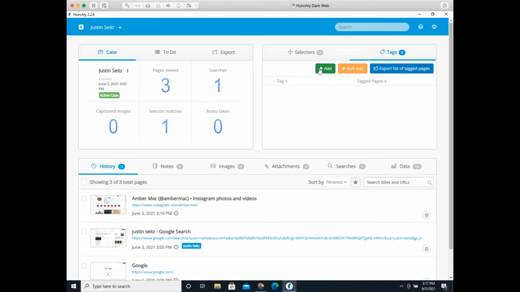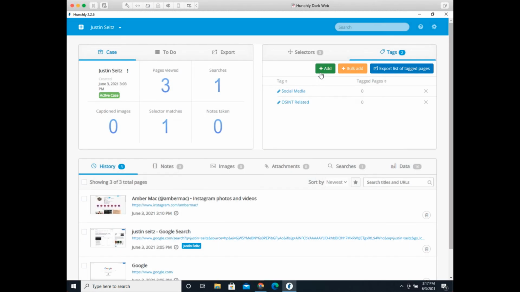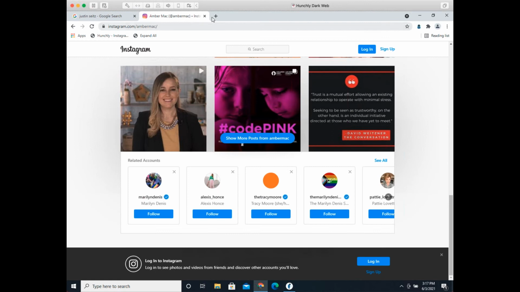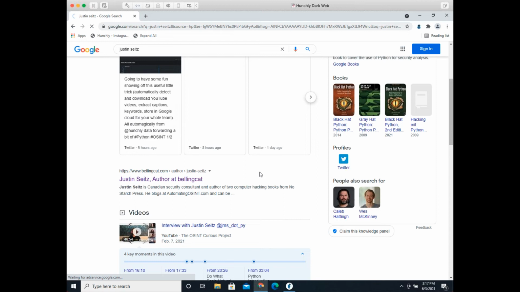So that's selectors. There's also a great thing you can do here, which is tagging content. This allows you to categorize your cases and how you categorize your pages and organize them. So for example, what we would do is create a tag like social media. We could also create a tag. Let's say you're working on a news story about cyber attacks on pipelines, right? So you want to tag pages that are OSINT related. So this is where maybe you're going to tag pages where you've been on URL Scan or Shodan or other things, right? So what this will allow you to do is, when you're browsing and you're encountering new information,